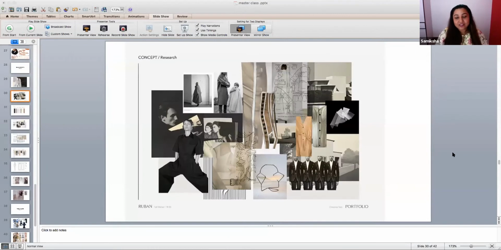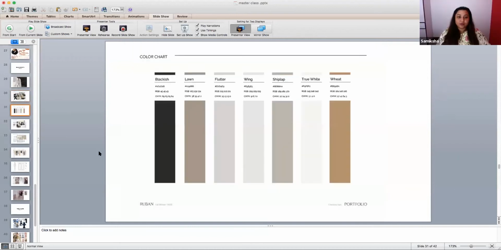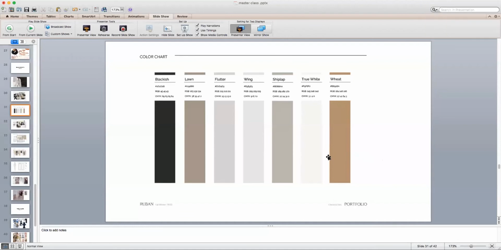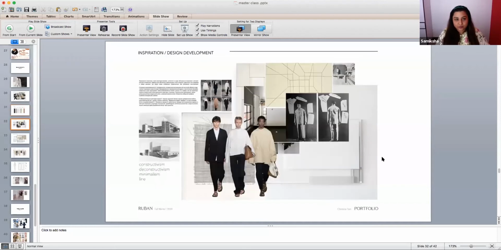So the brand is very minimalistic here. You can see the colors, you can see the cuts, and you can see the whole feel, which is very minimal. So the student maintained the whole minimal feel of the brand to create the final designs. Okay. You can see the color board, these kind of shades and these kind of tints about black, and the whole feel is giving you a very minimal feel, I guess. And this is what Ruban is all about.